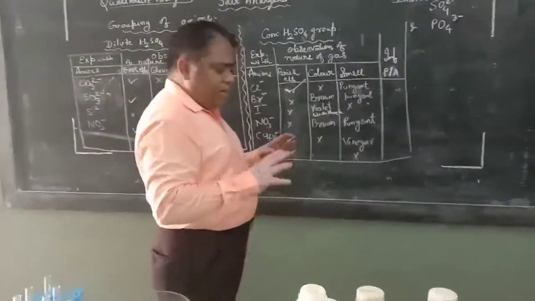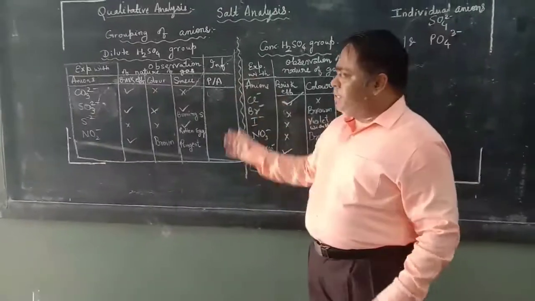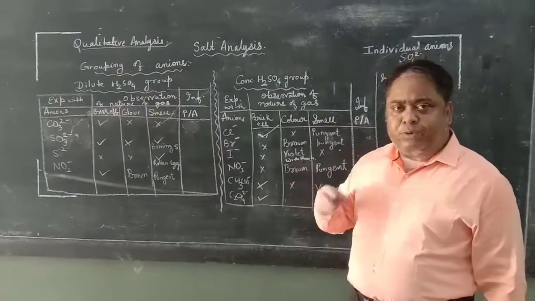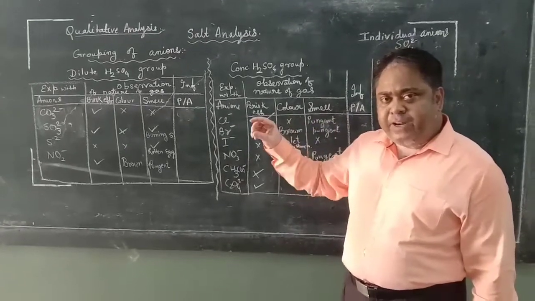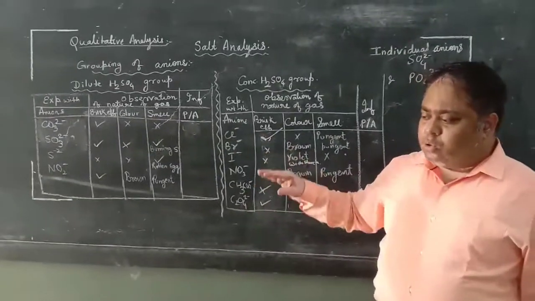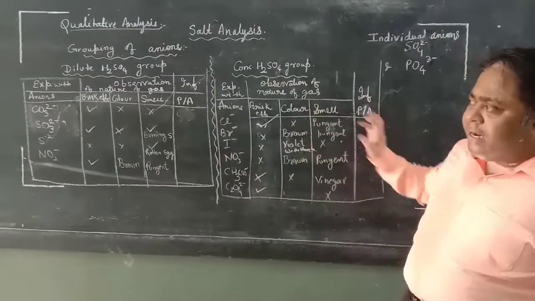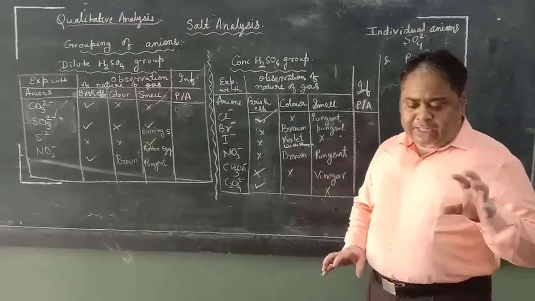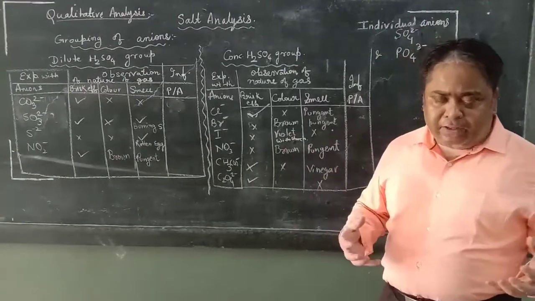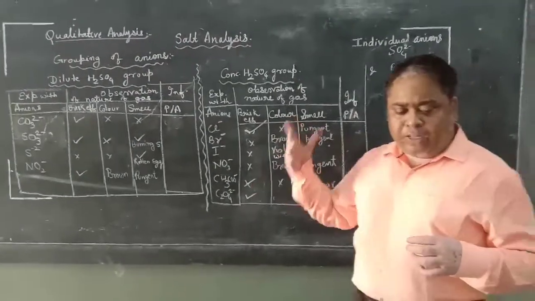After you conduct this test, if you get a positive result, then you will write present, or you will write absent. Now this format is not the format which you write in the practical exam. In the practical exam you write anion analysis, experiment, observation, inference, and likewise. This format is designed to suit your learning style. In this way you will be able to understand the properties of all the anions together. Because if I teach you cation and anion and group separation all together, then you will not understand anything. So first of all, learn all the tests and the properties of anions. Then we will go for the cations.